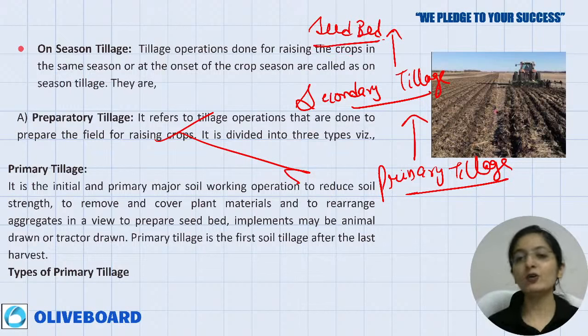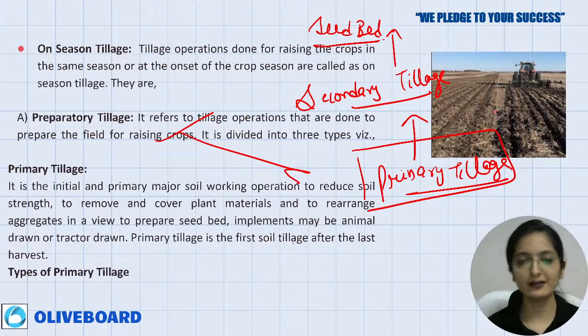Correct. Now if I talk about primary tillage, are you able to understand? You can also write it down when I am writing. I hope that you all are having pen and paper with you when you are seeing the lectures. ये बहुत ज़्यादा important है. It is very important कि when you are coming into a session, please do have pen and paper with you so that you also can have an understanding by writing by yourself also.